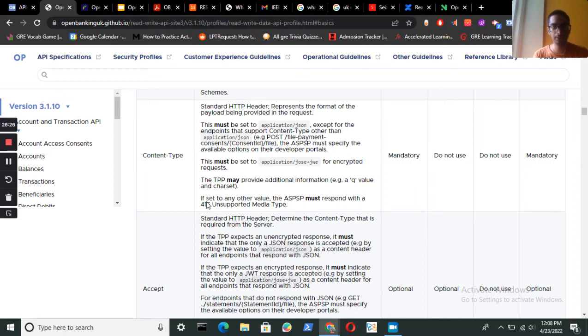So content type is a standard HTTP header. It represents the format of the payload that is being provided in the request. Content type will mostly have JSON data, and you will be sending content, any type of content. Let it be, if you want to change a particular user ID, or if you want to